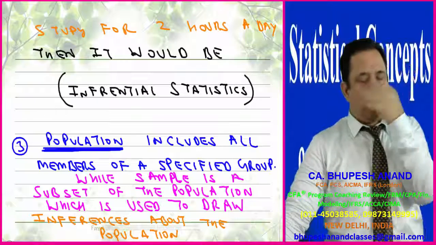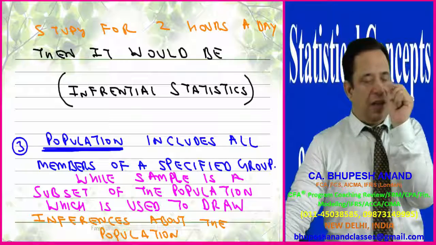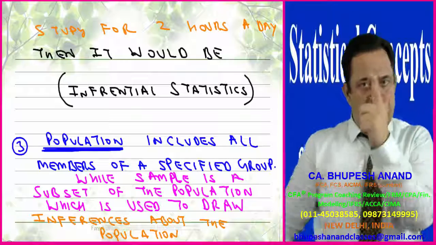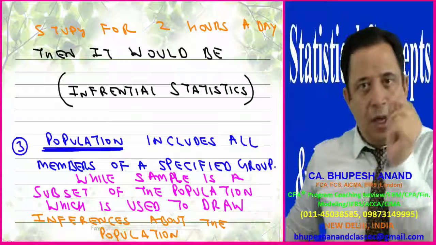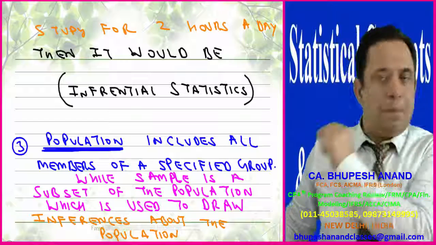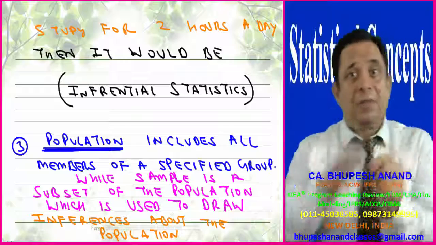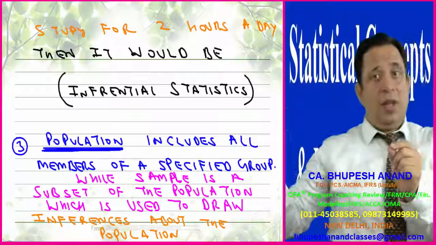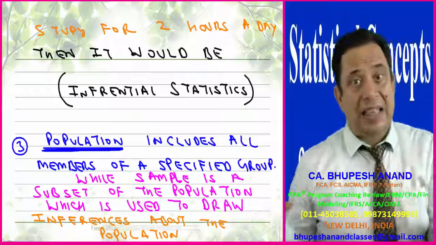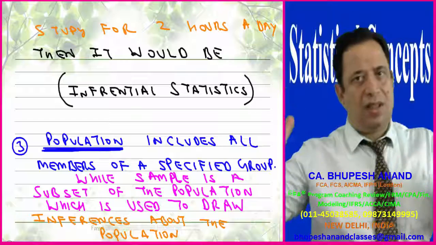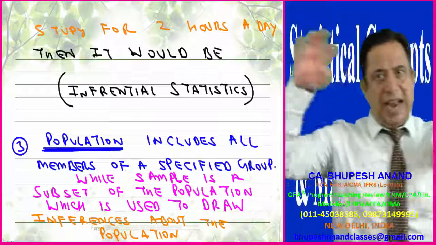Very easy. There are two types of statistics. One is descriptive statistics, second is inferential statistics. When I say descriptive, it means to find out the feature of a particular sample, and then with the help of that feature of a sample, if we make some statement for a population with a probabilistic remark, then that is inferential. That's all. This is the difference between descriptive statistics and inferential statistics.